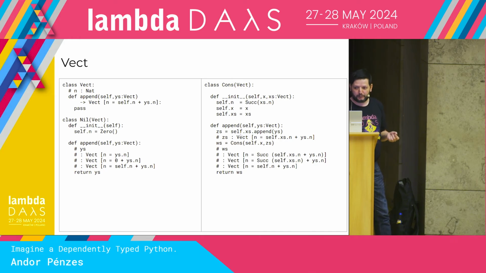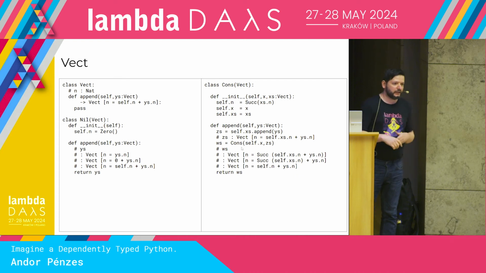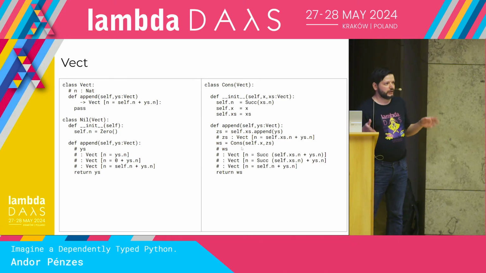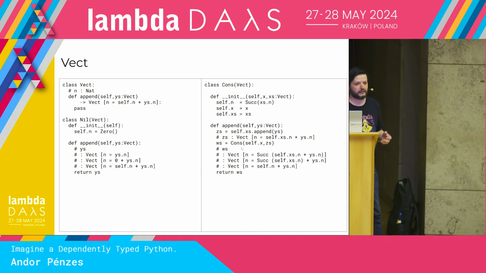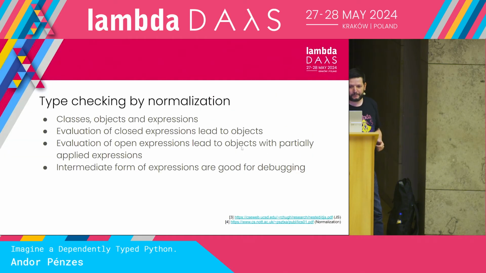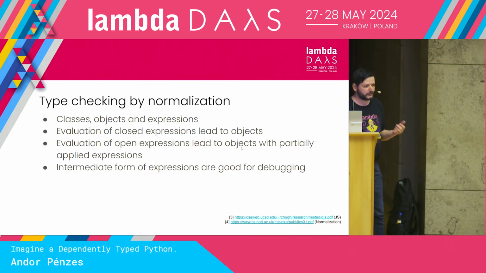But to implement the append, we really have to go through this kind of Tetris. When you say that this is true, this is true. And if it's not true, then it could be checked by some static checker if you want, but it can also be checked at runtime. So that's the idea, to push these assertions to runtime, but use a very nice description for these assertions. The idea is also based a little bit on normalization, which is Thorsten's paper, and we are applying that, but I ran out of time for these details.